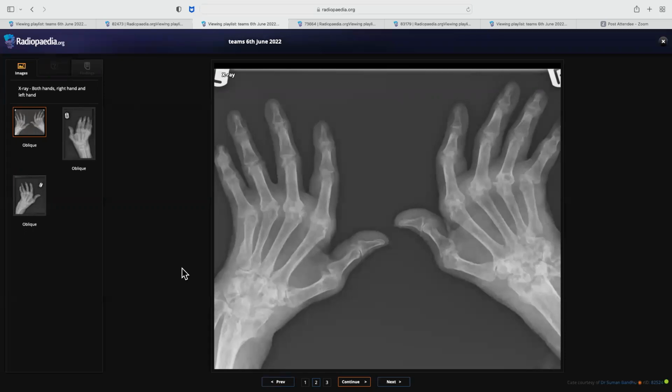With the preserved joint spaces, I think the joint spaces are preserved. What do you think about bone density in this case? Bone density is maintained actually. Bone density is normal. Okay. Can you see in the periarticular regions here, do you think bone density